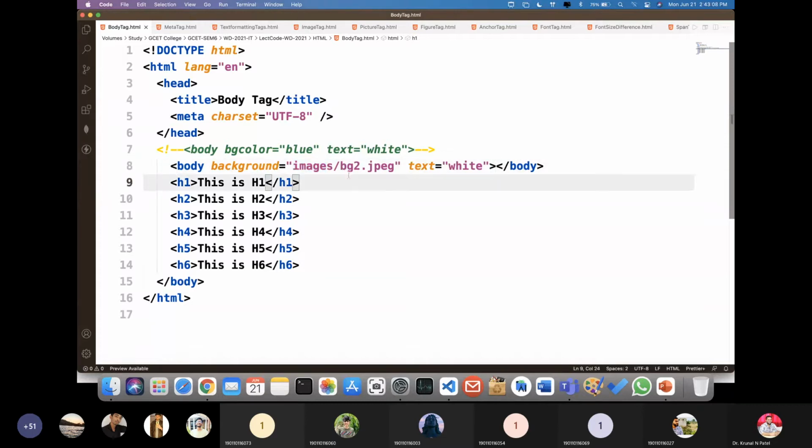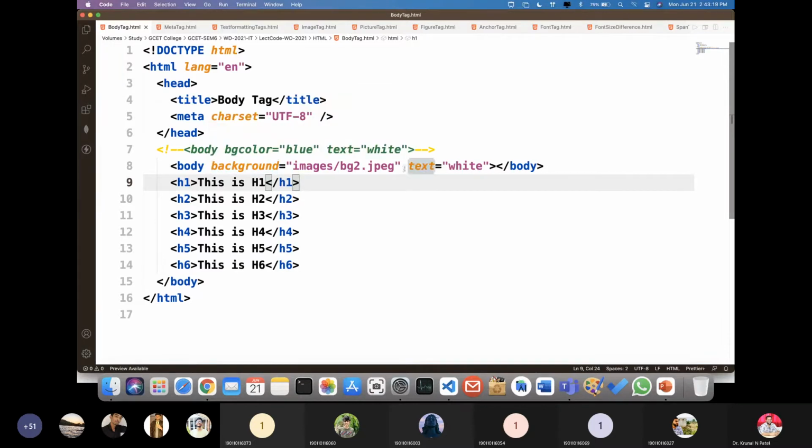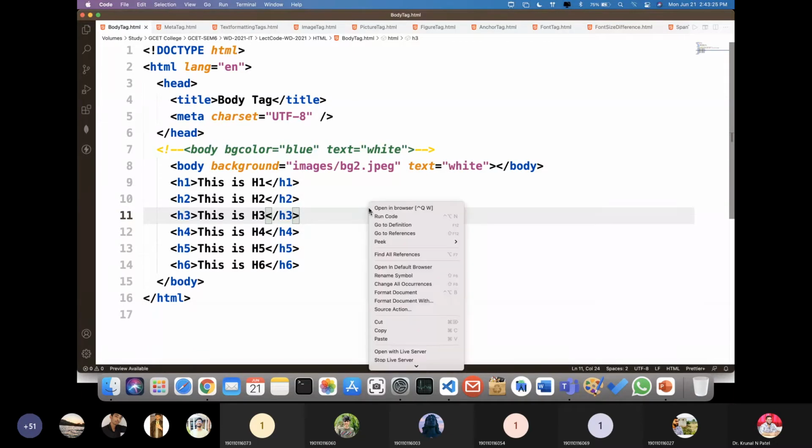So now I want to set a background image for my body area. For that, instead of BG color, I just need to go for the background, and I want my text to be white. So I'm going to save this code and open it in a browser.